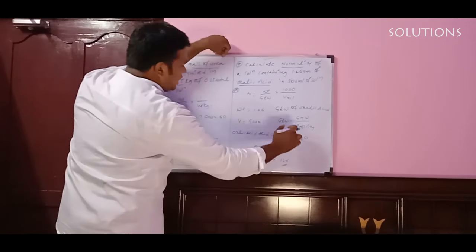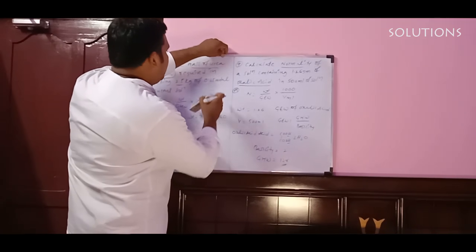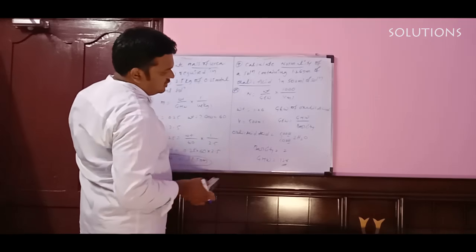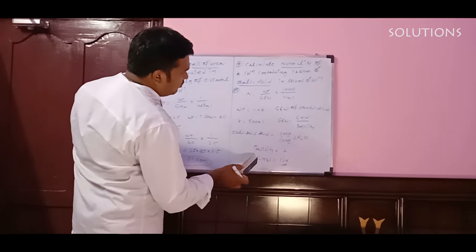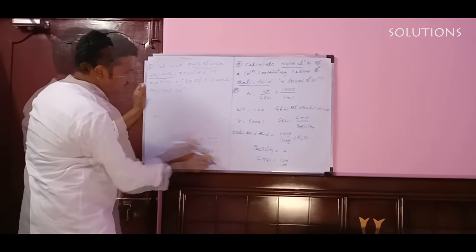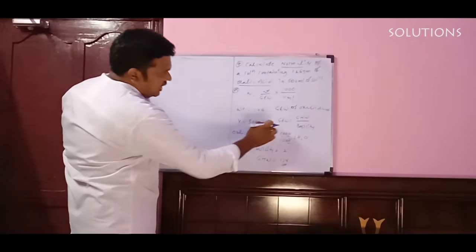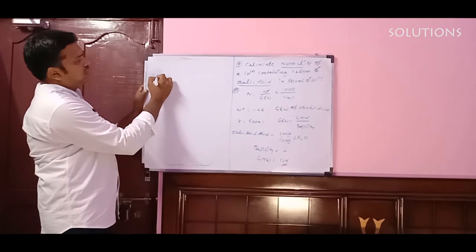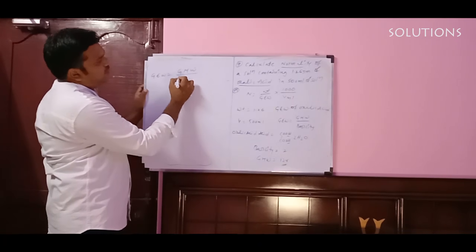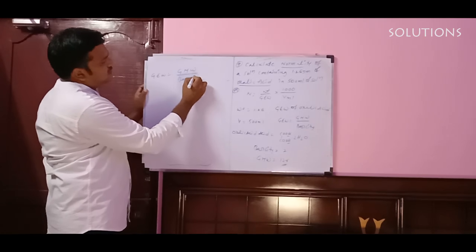So you can add all the elements. So we have information with us. Weight is there, volume is there, and gram molecular weight is there, but what can you find out here? Gram equivalent weight only. Now we can see what the gram equivalent weight formula is. Gram equivalent weight is equal to gram molecular weight by basicity.